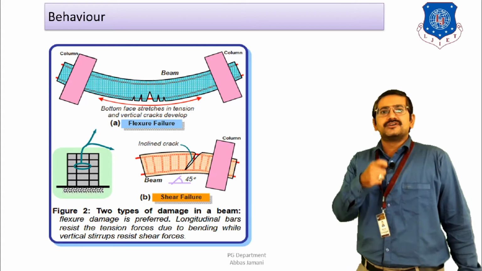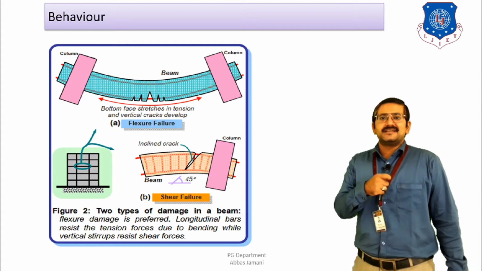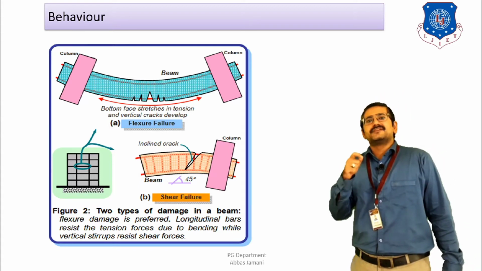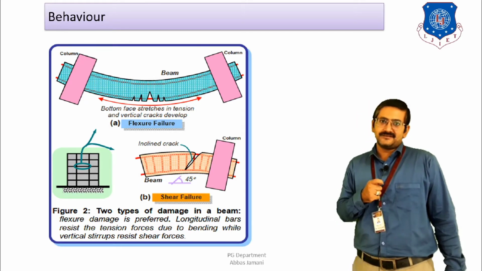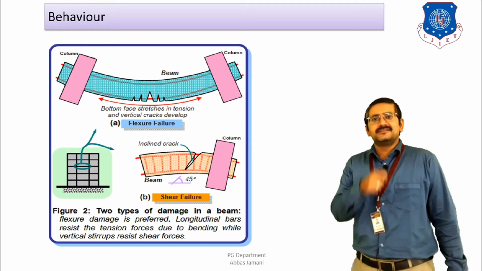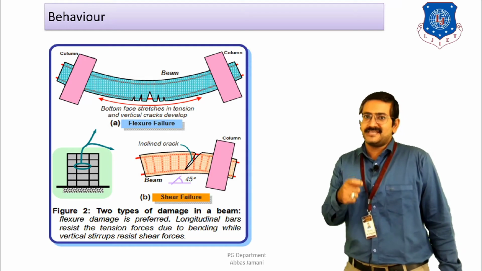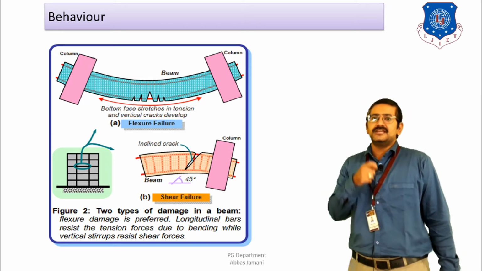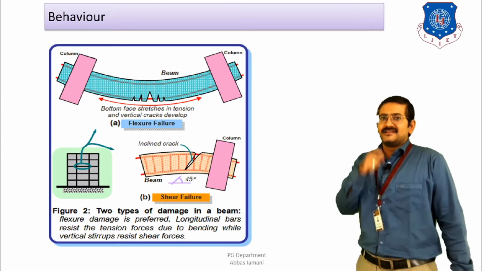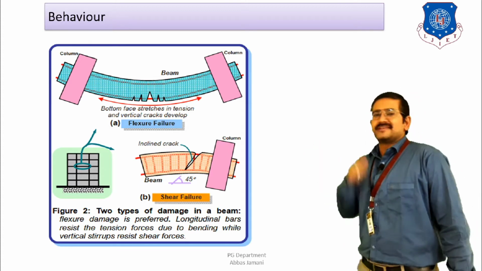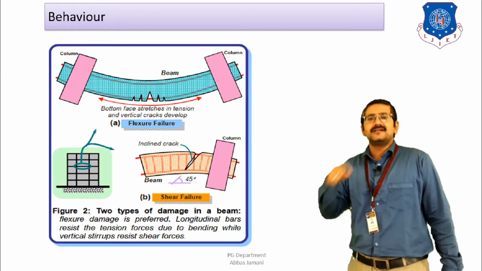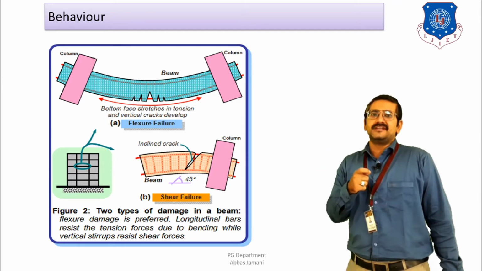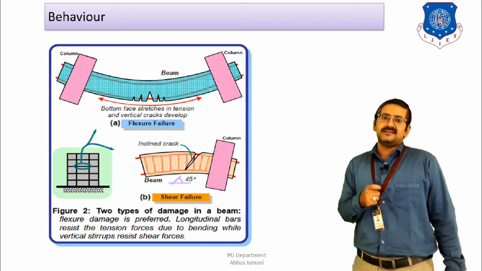So in order to achieve ductile behavior, it is necessary that sufficient elongation of the bar should take place, then the concrete should crush, and then the failure should be initiated, right? For that to happen, the compression steel ratio has to be on the higher side, and the tension steel ratio has to be on the lower side. If that is done, then and only then you will see the type of behavior over here, where the elongation of the bar takes place to a sufficient extent, and after that the crushing of concrete is initiated, and then the failure of the beam will happen, right?